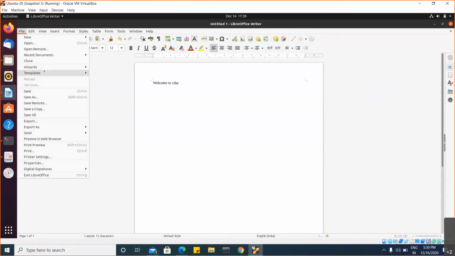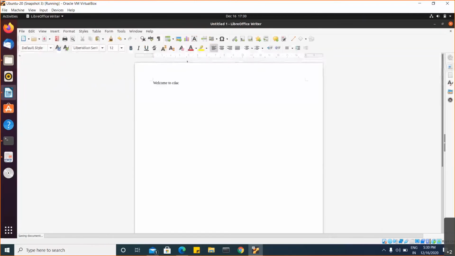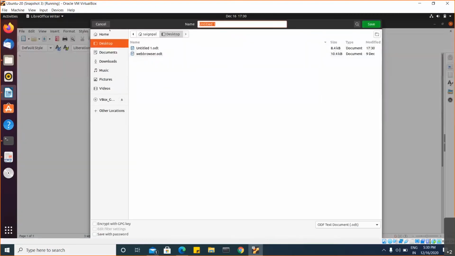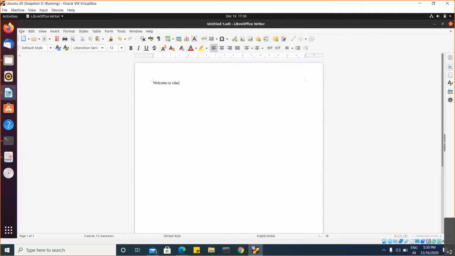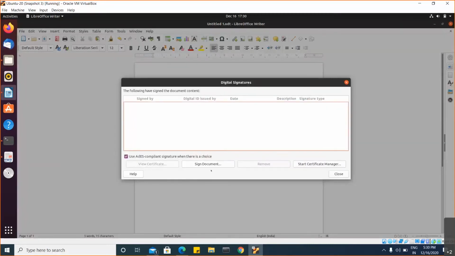I'll save the document. Okay. So once I have saved it, I want to digitally sign this particular document. Okay. Go to the digital signature. Digital sign. Okay. Sign the document.